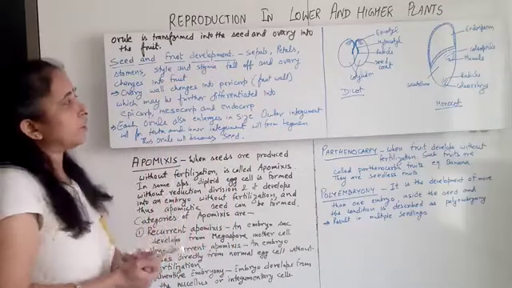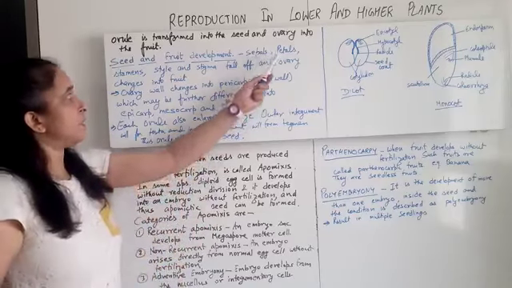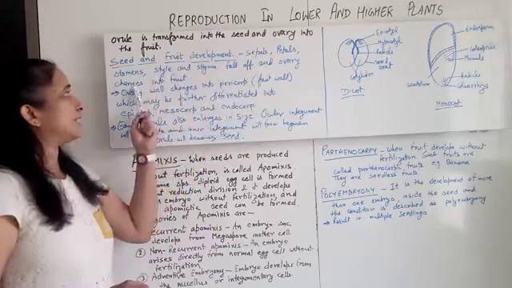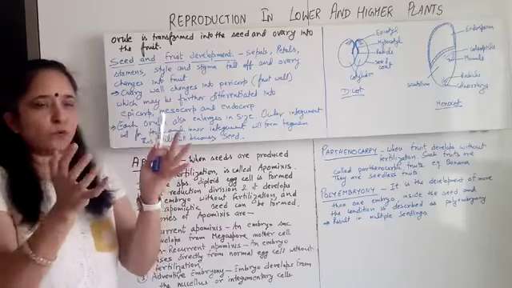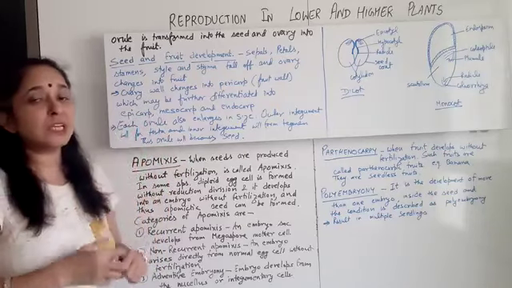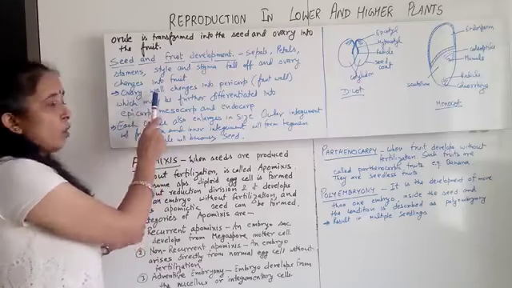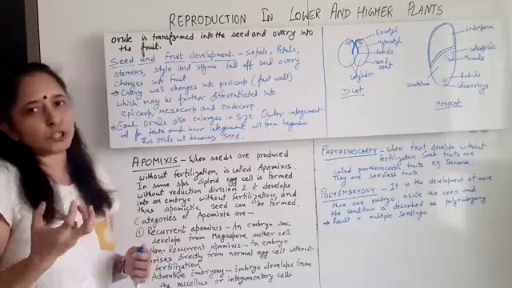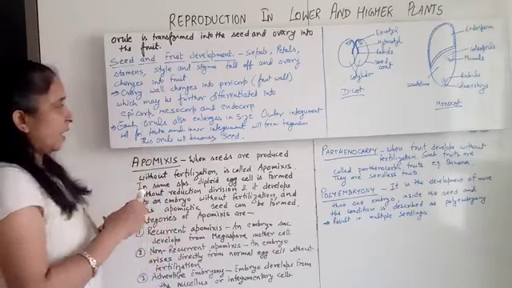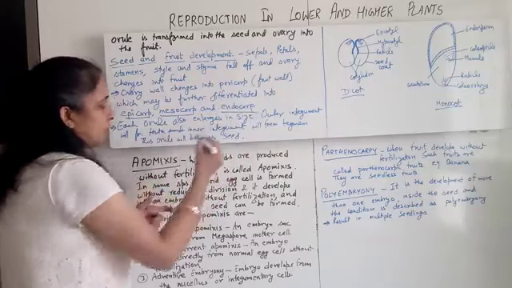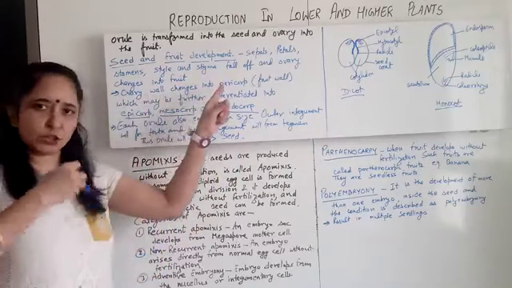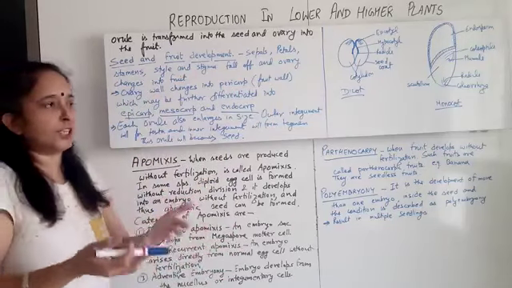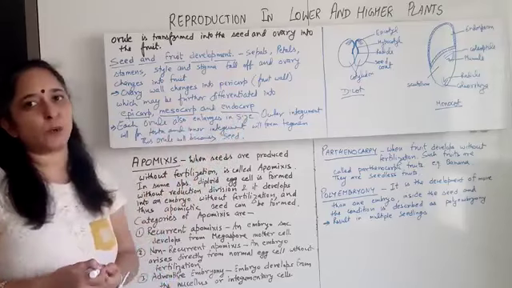So after the fertilization, then embryo development, what happened? The sepals, petals, stamen, style and stigma fall off, okay, and the ovary changes into fruit, and inside are the ovules which will change into the seed later on. Now the ovary wall changes into the pericarp, the fruit wall. Pericarp usually differentiates into three layers, that is epicarp, mesocarp and endocarp. So the ovary wall first changes into the pericarp, that is the fruit wall, which may be further differentiated into these three, that is epi, meso and endocarp.